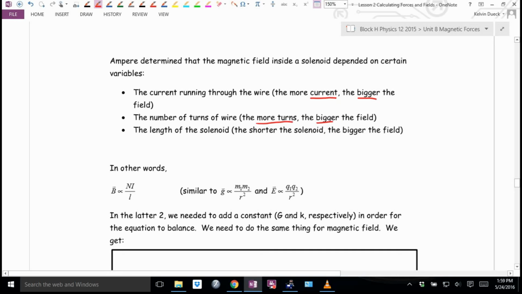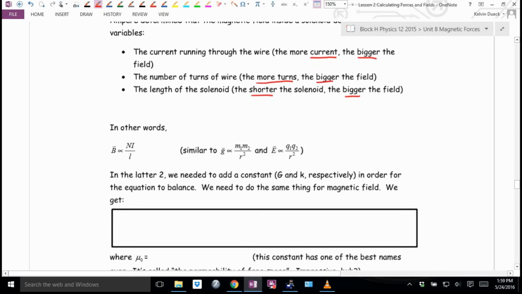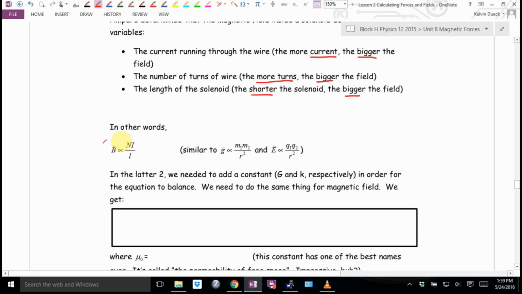He said N is on the top of the equation. Oh, but he found the longer the solenoid, the crappier it was. He said L is going to be on the bottom. In other words, he said magnetic field depends on N times I divided by L, except this won't give you